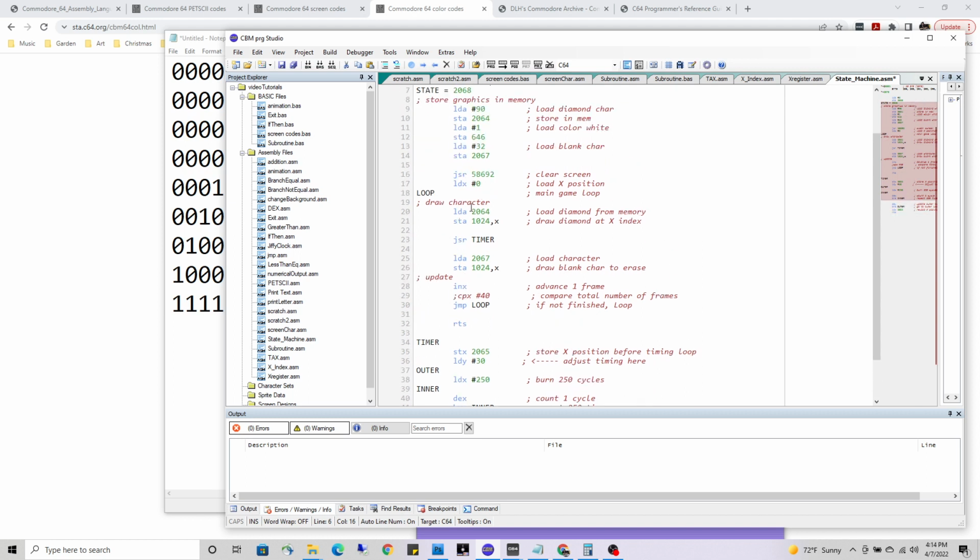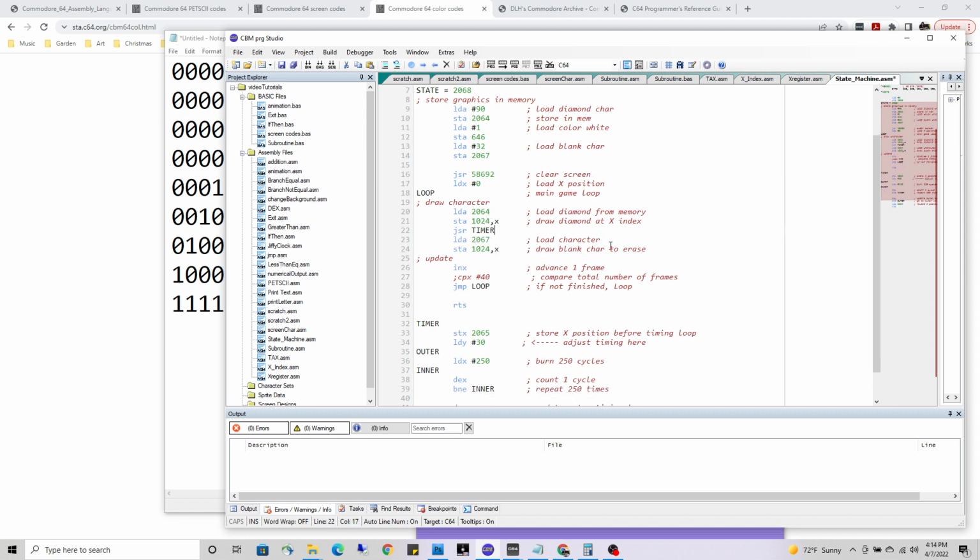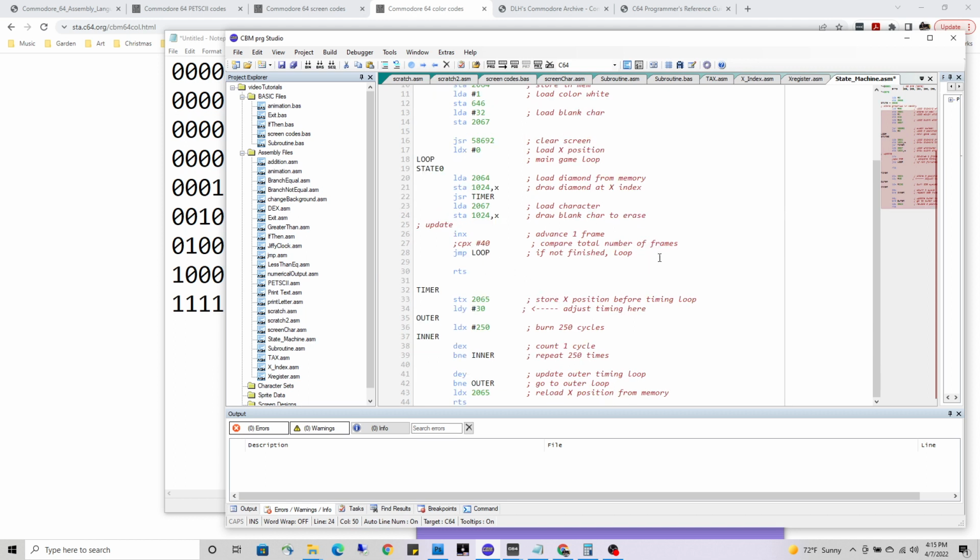Let's see here. I am drawing a character, jumping to the timer, and then drawing the blank character to erase it. So all of this is now going to be one state or another, one of 4 states. So my first one I will call state 0. There. And let me see something here. Oh yes. And so when we're done with that state, we want to go down to the part where it